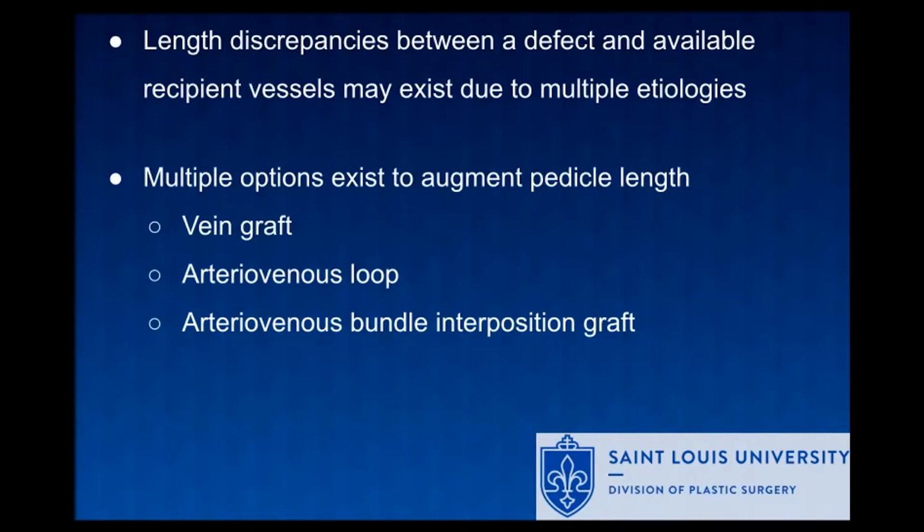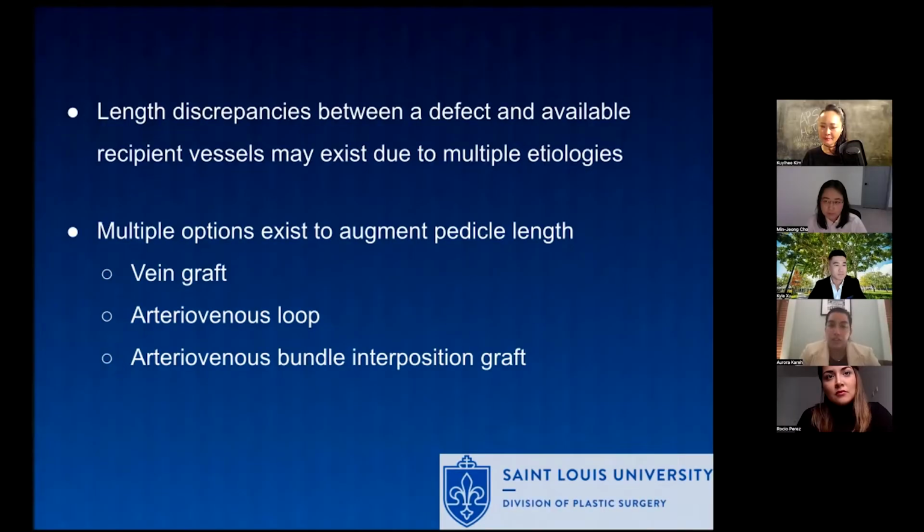graft. So there are 3 main ways that you can derive additional length when you have a length discrepancy between your flap and your recipient vessels. Like I said, they are vein grafts, the most commonly talked about, AV loops, and AV bundle interposition grafts. AV loops can span much longer gaps and can be staged, but they have limited donor sites, and there's a high rate of vessel size mismatch because of the donor sites available for AV loops compared to free flaps. And because of the required stripping of the loop, there's less intrinsic perfusion of the actual AV